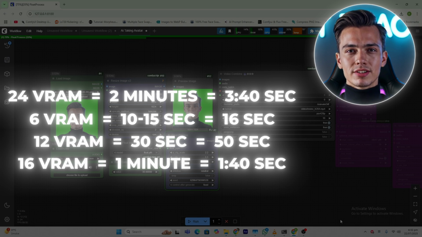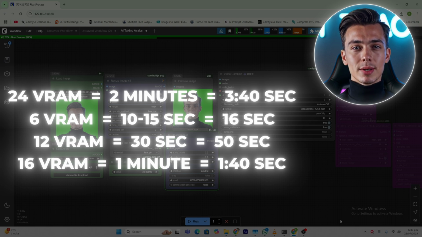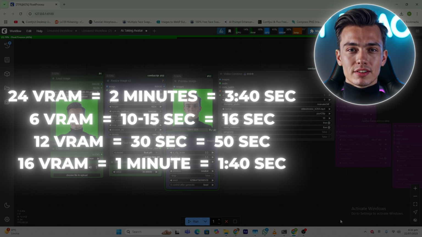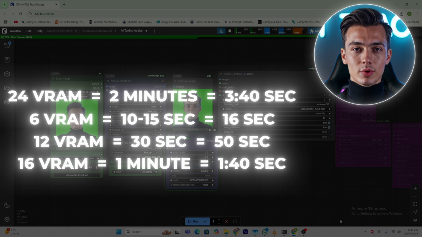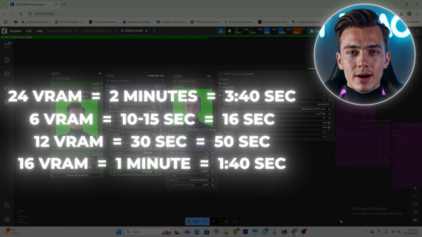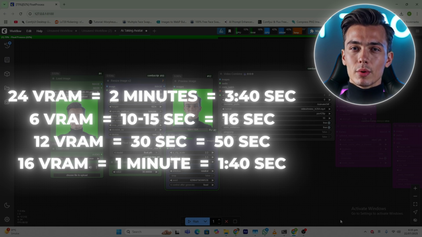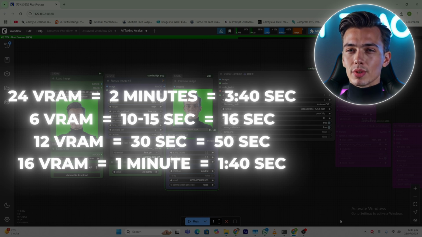Remember, all of these render times can vary. This is only to give you an idea. Maybe you will be able to render a longer video on your graphics card because it depends on multiple factors. For example, your CPU, your RAM, and of course your graphics card. So make sure to render a longer video and test how long of a video you can render on your PC. And also tell us your result in the comments.